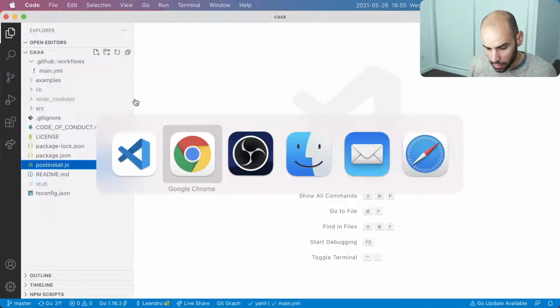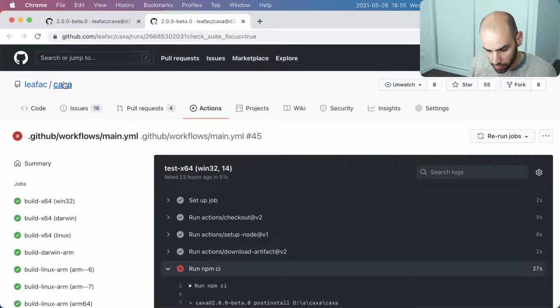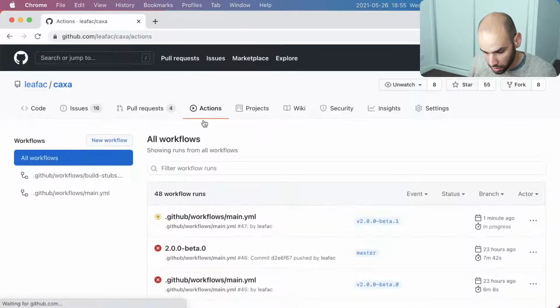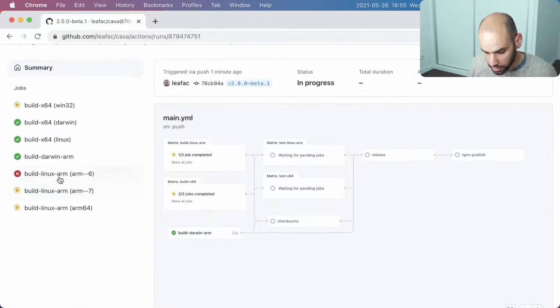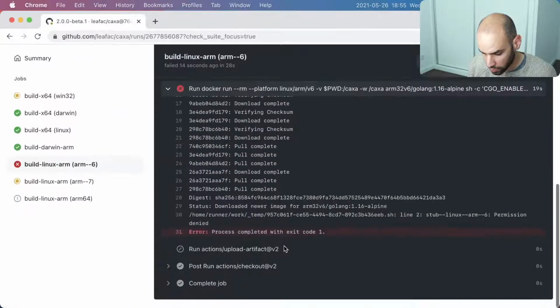And now the GitHub Actions is running on my repository, and we can look at the run. There is already a failure here on build Linux ARM. So let's look at what went wrong.